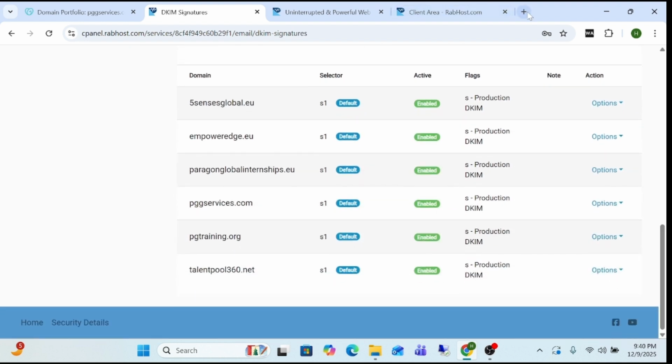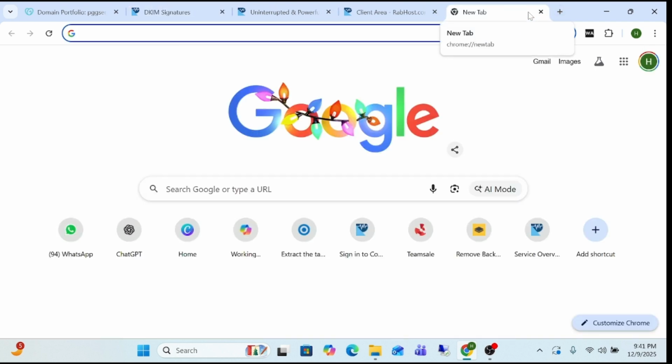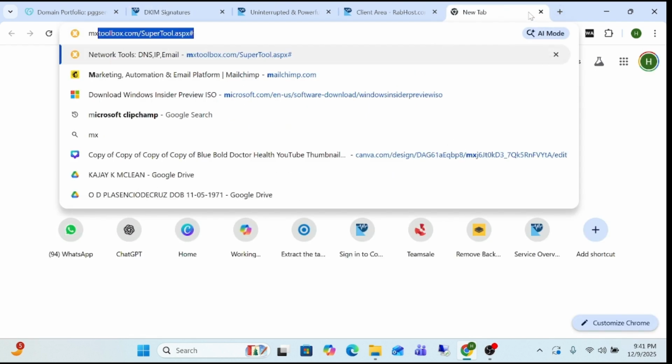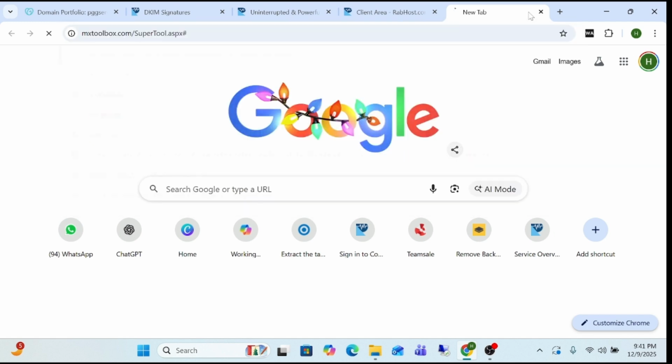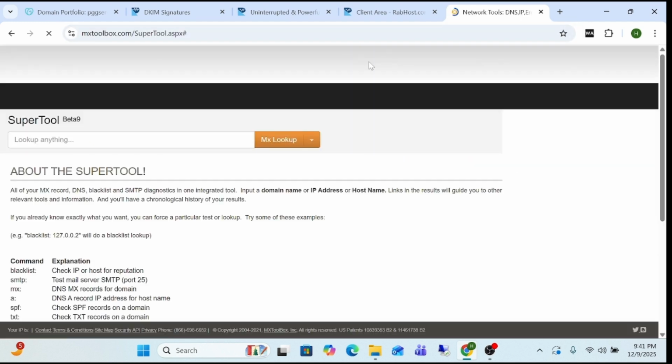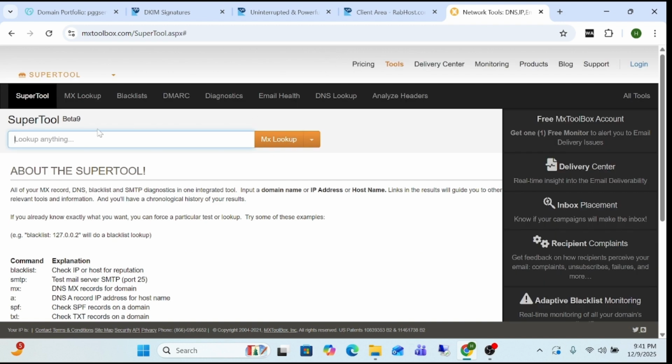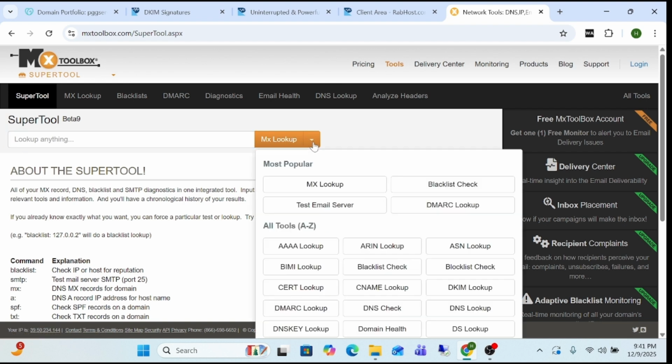DKIM record. Let me verify as well that you have properly configured your DNS records. So how can you verify it? You have to go onto the MX toolbox. Once you are on the MX toolbox, then you have to click onto the super tool. Then you have to select,